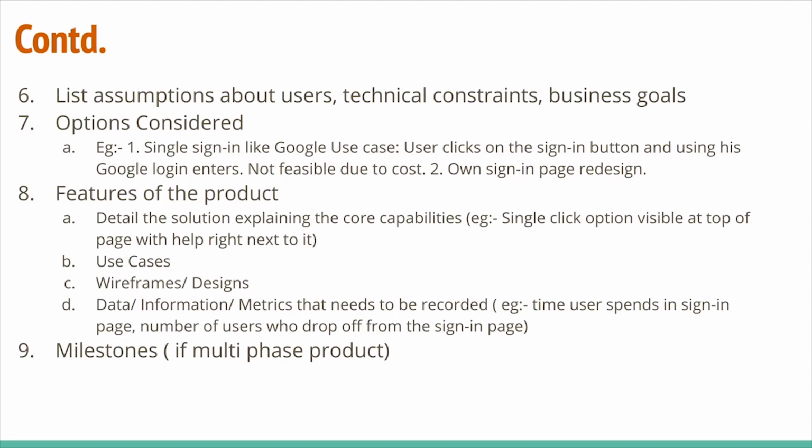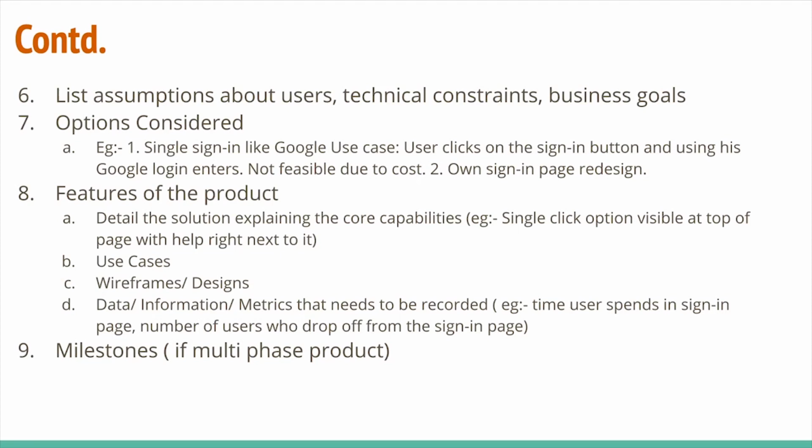Or there could be a particular technical constraint like a maximum of 1 million users can be supported by the sign-in system before the technical constraints will allow it to be re-architected, so that you have to redo it from a systems perspective. So all these constraints could exist here, whether it's about the users, about the business, about the technology that is being used, so that people know when they are going through this PRD, even later, or when they are actually using the product much later, why something was done the way it was done.